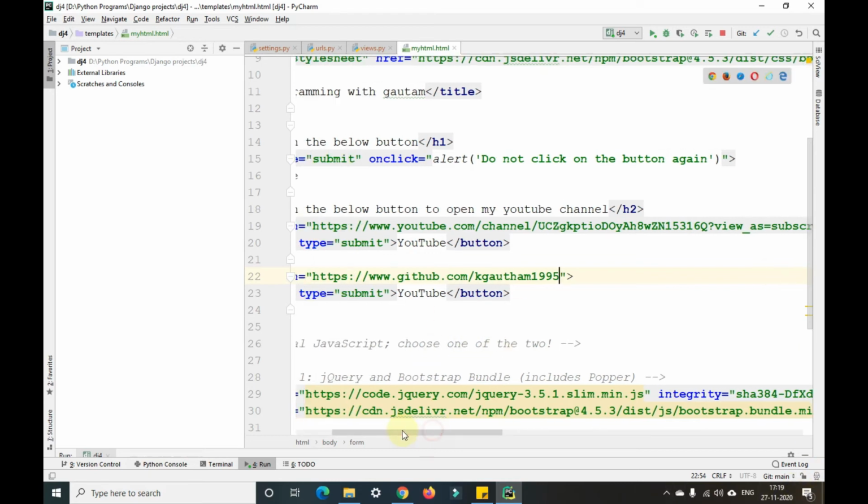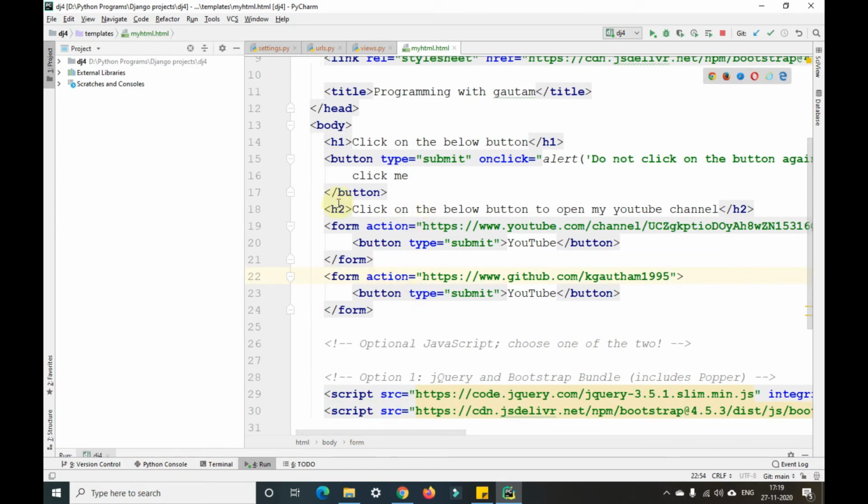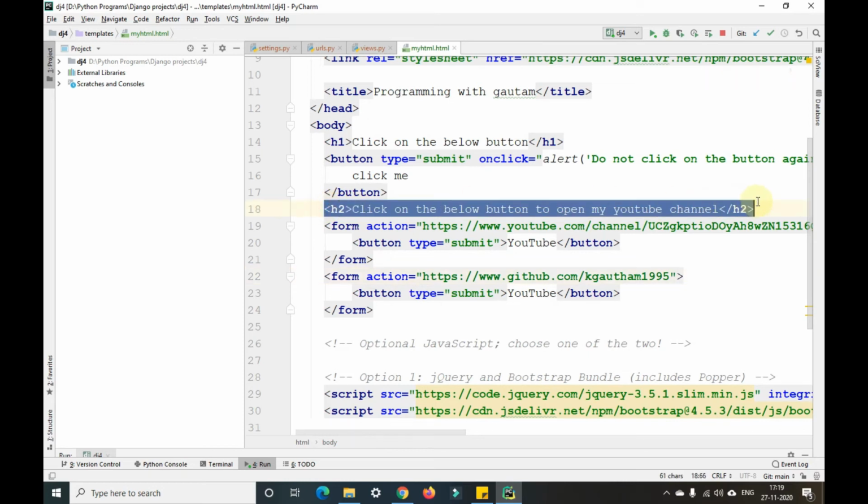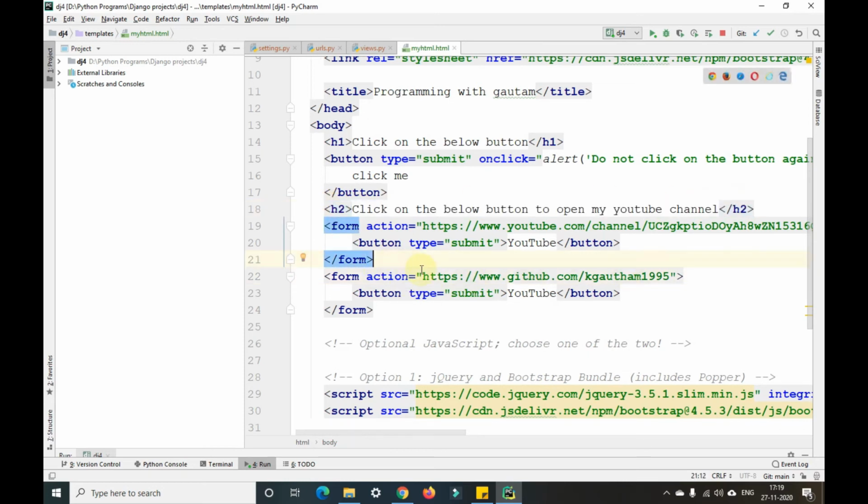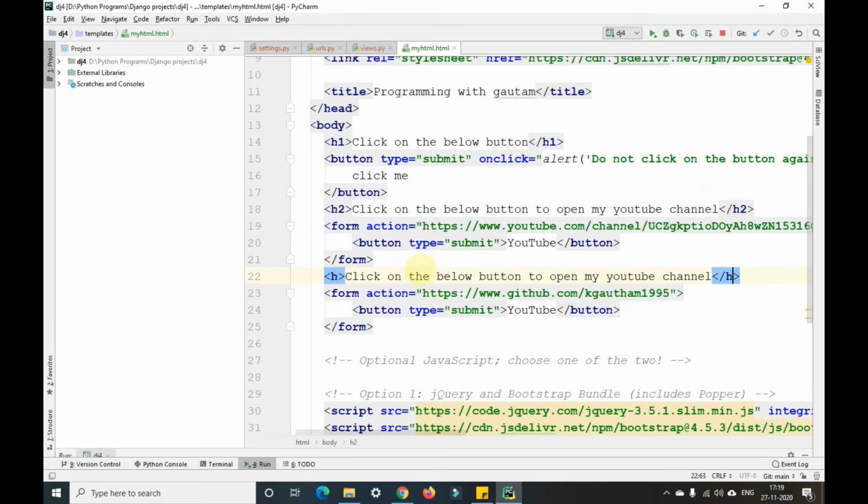So this is my GitHub account. I'll show you all the different types of headings that we have. If I change in one place, it is automatically changing in the other place.